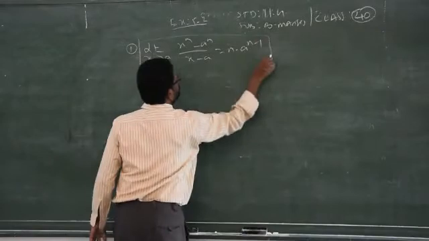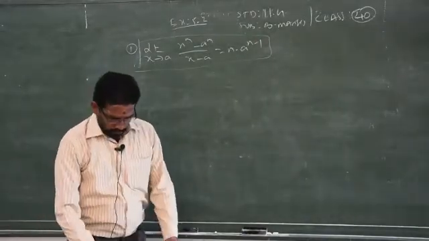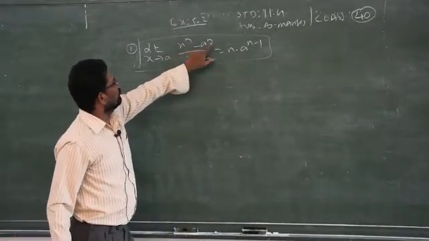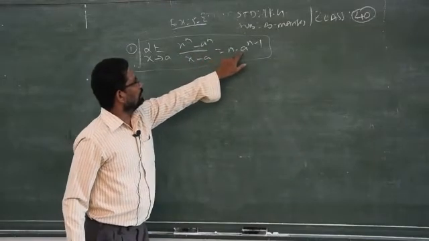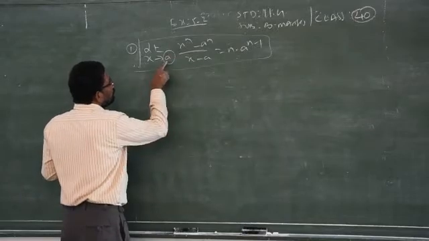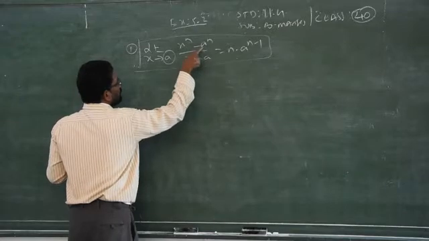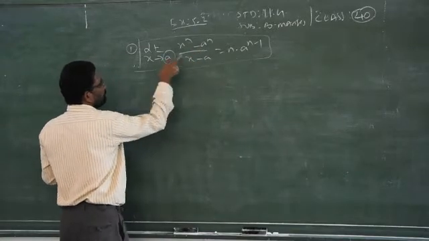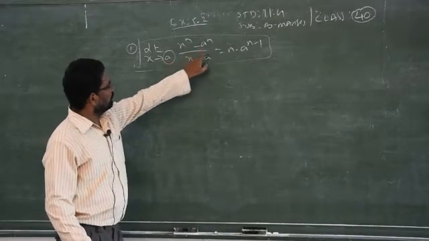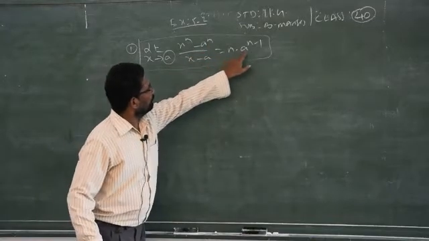is equal to n into a power n minus 1. This is one formula. Whenever I need the required formula for the given question, I'll write it. For question number 5, you need this formula: limit x goes to a, (x power n minus a power n) by (x minus a) equals n into a power n minus 1. This is very important. When x goes to 5, the function should have only 5. If it is given 6, then you cannot apply this formula. That's what I clearly mentioned: if I wrote a and the limit goes to b, then b power n, b power n minus 1.